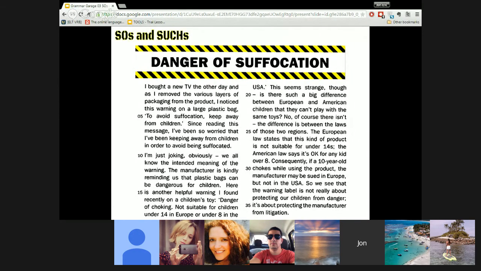All right, let me give you an example because I think it's a little bit confusing. So something simple could be, this product is harmful if you swallow it, which could be shortened to if swallowed,